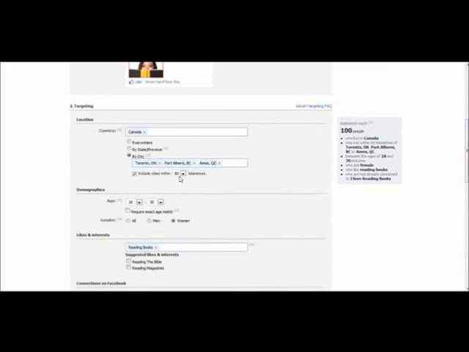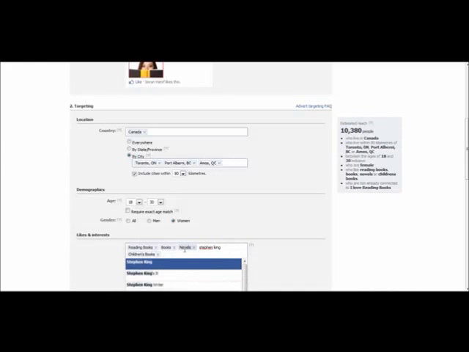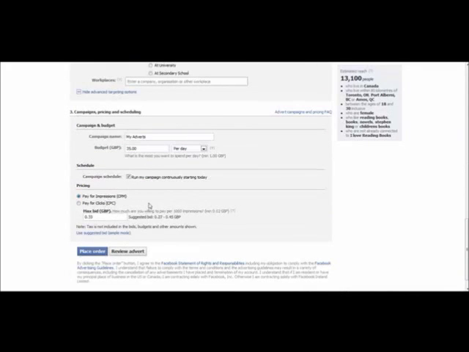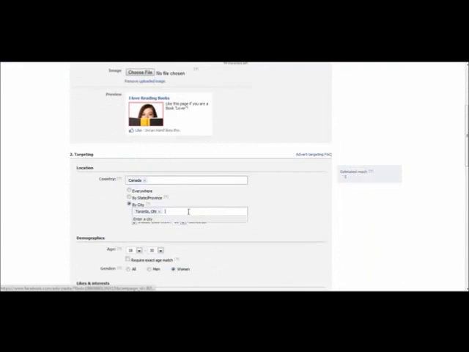I'm going to type in more books, children's books, novels, Stephen King. I've got 13,000 people, and again you can see the impressions have slightly increased. But that's just an example of how you can target based on states.